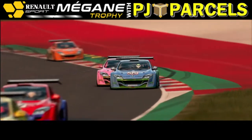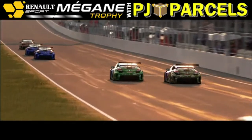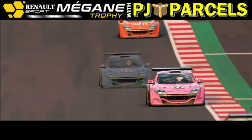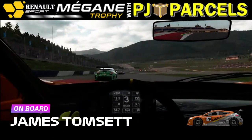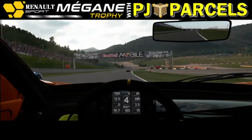They come round the last corner. Jordan's in the slipstream of Luke. Declan and Ryan both fighting across the line, side by side, completely off the racing line. But Ryan's got the inside line. Declan spends a penalty going into turn number 1. As we jump on board with James, Declan's run out wide. That will certainly give James a nice run up into turn number 2 and a chance to take the position